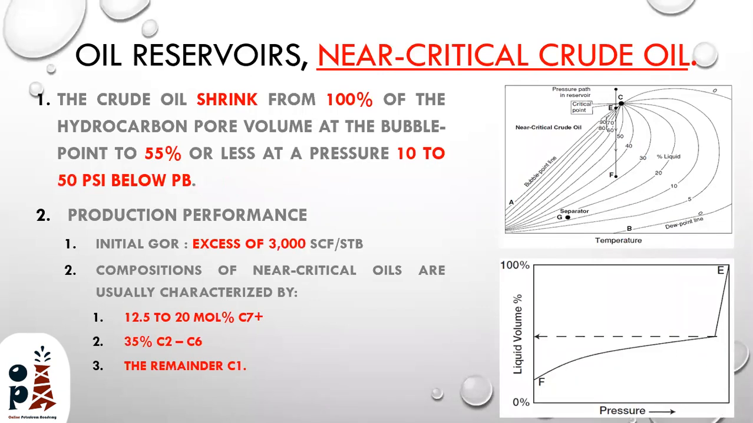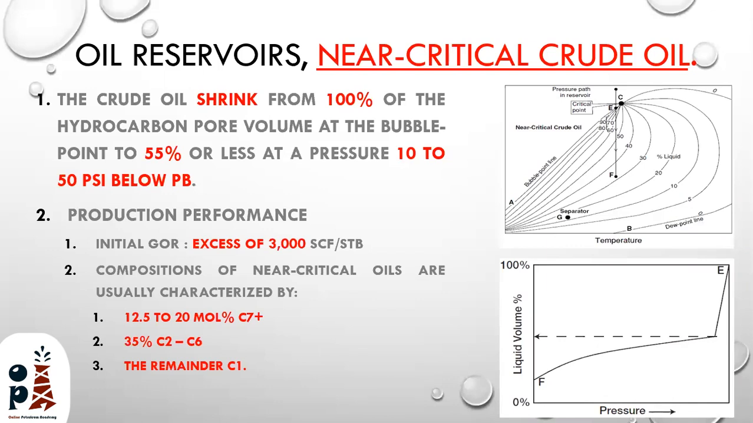For the near critical crude oil, we can see that the reservoir pressure and temperature become very, very near to the critical point, represented by the point C on the phase diagram. So we can see that when the pressure is about 10 to 50 psi below the bubble point, its volume shrinks from 100% to about 55%. So it loses a lot of volume